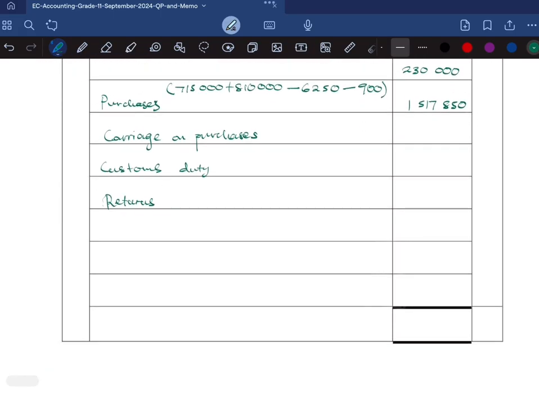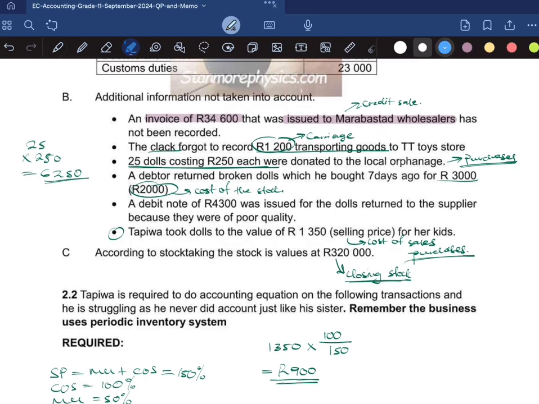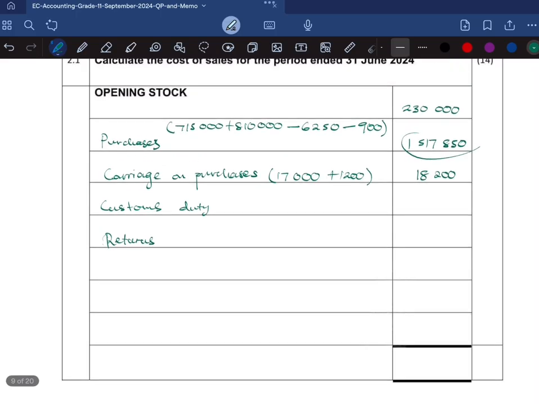So looking here, I have 17,000. And then the bullet point that we need to take into account, the one that talks about transporting goods, it's the one that has that click. So it's 1,200. We're going to add the 1,200 worth of carriage on purchases. And then that gives 18,200. Okay, so your signs here are also really important because this is what increases our cost of sales calculation. So remember, at some point or on some of these amounts, you will need to have brackets in order to